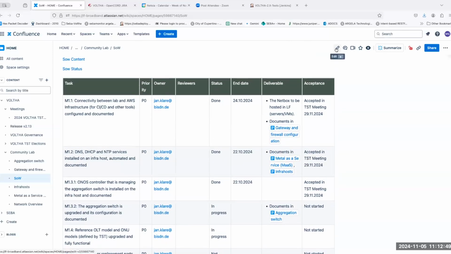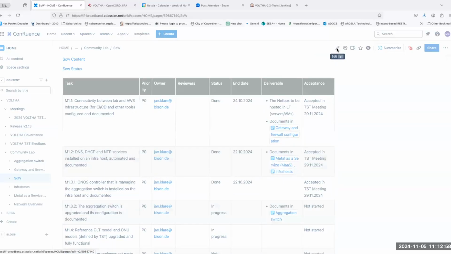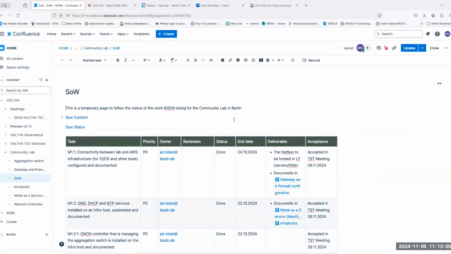Thank you. Currently, about this state of work table, I would like to add reviewers for each of the items here. I added a reviewers column to the table.